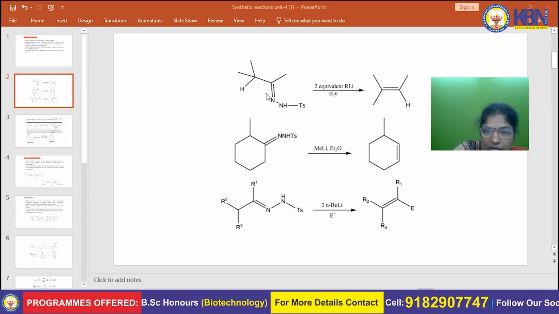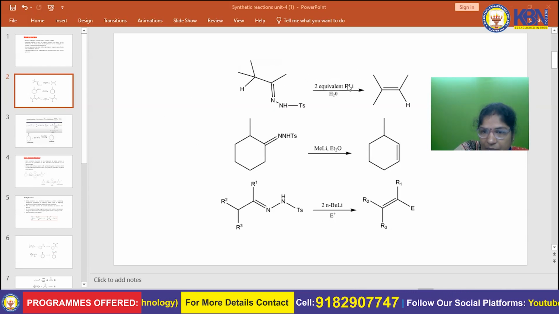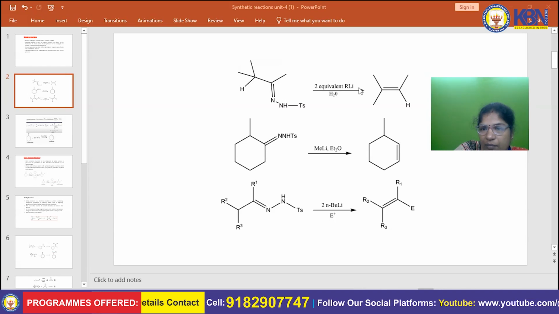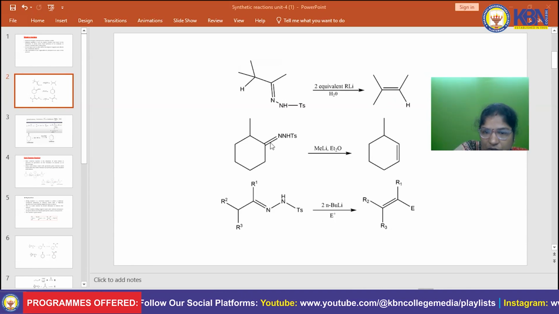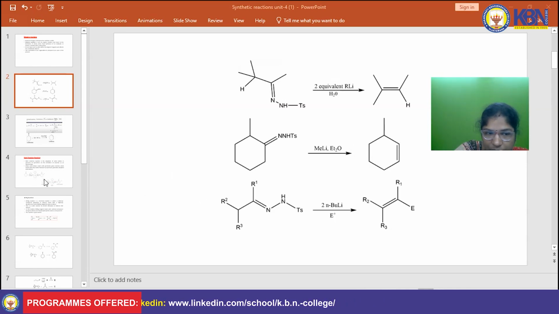Here, tosyl hydrazones on treatment with alkyl lithium compounds are converted to simple alkenes. And here also tosyl hydrazones are converted to alkenes. In the Shapiro reaction, we mainly prepare simple alkenes by treating the tosyl hydrazones of carbonyl compounds with a strong base. And next of all,